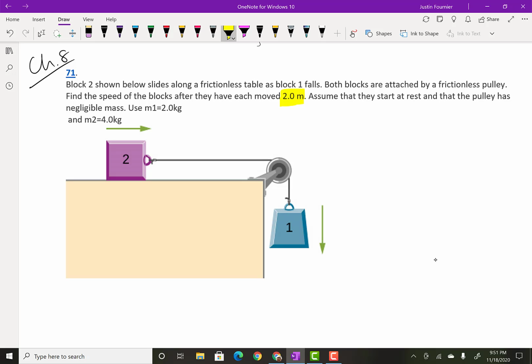So it says assume they start at rest, and that the pulley has negligible mass. That basically means we'll worry about that when we get to rotation. That's rotational dynamics, by the way. So we're going to use M1 is 2 kilograms, M2 is 4 kilograms. So what I'm going to do,